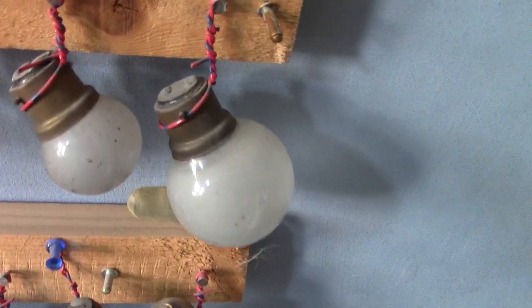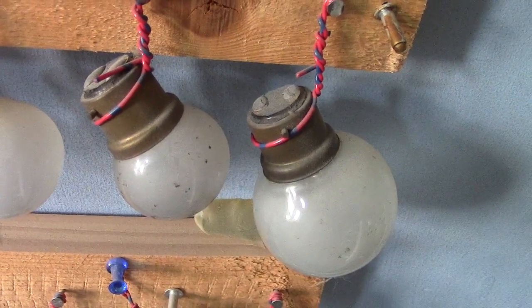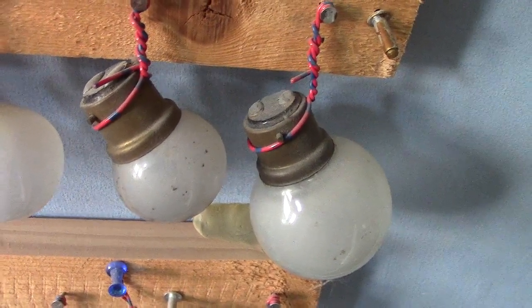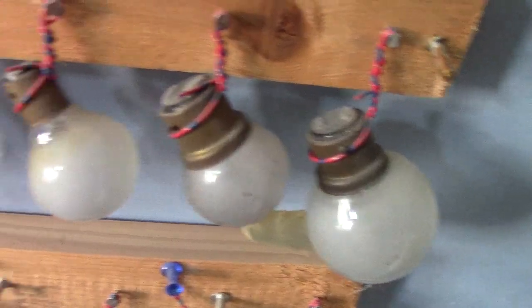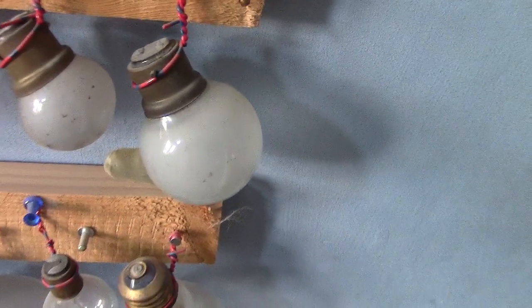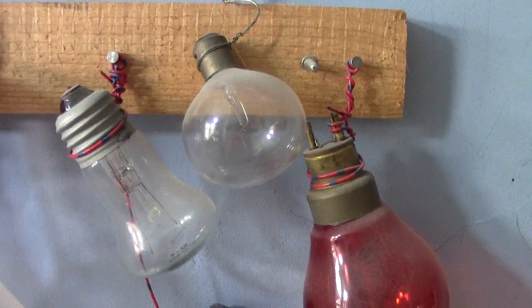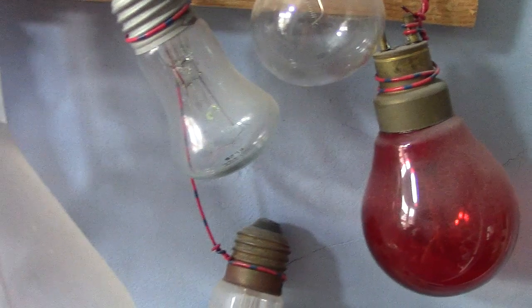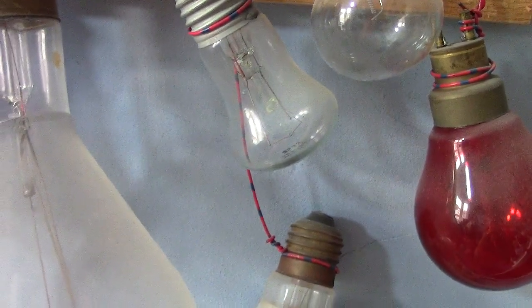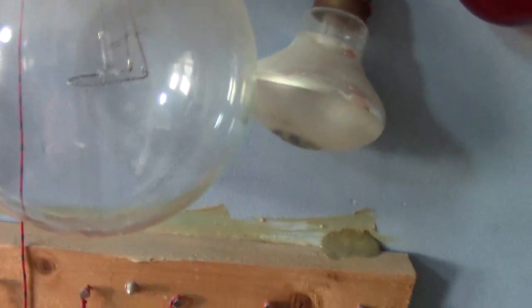Now I've got quite a few. The one next to it is also a bus lamp, but I don't think that was used by the London Transport. Now they're all fluorescent or LED, which have taken over. So having said that, these will become quite a bit rarer. I could talk and talk and talk, but I'm not going to. I'm going to go on to these